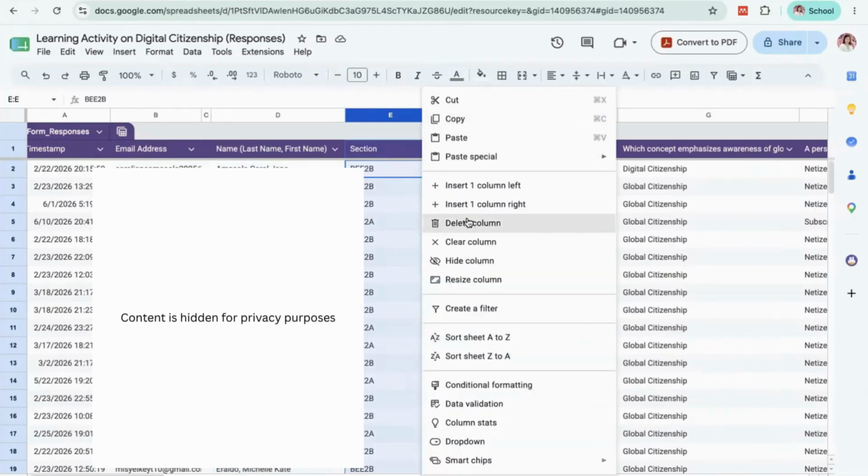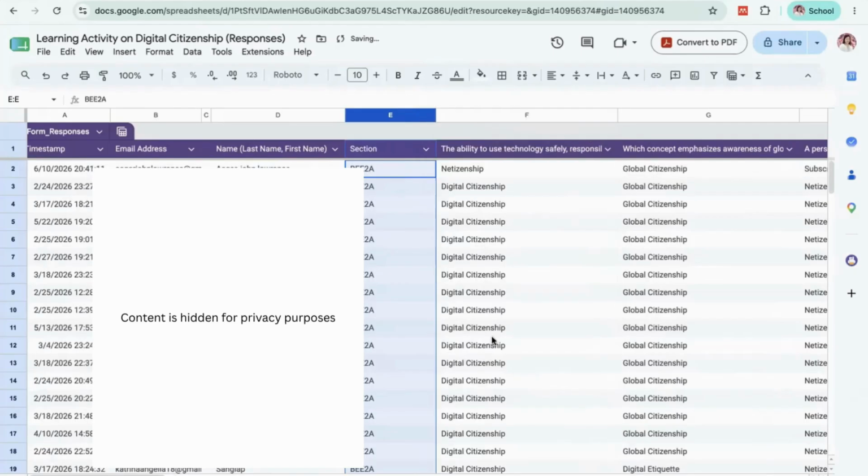And then I arrange it again in alphabetical order, A and B. So sort sheet A to Z. Now this sheet has been sorted from name to section.